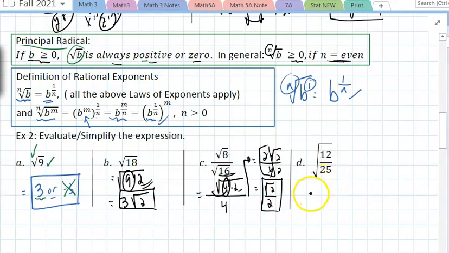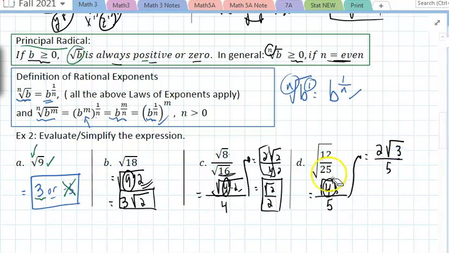Same deal here. I look at this problem, say, wait a minute, well, the denominator, the square root of 25 is a 5, and 12 is 4 times 3, and we know that 2 is the square root of 4, and you have a radical, a 3 left underneath the radical, and that would be